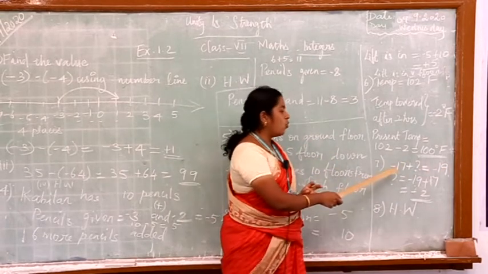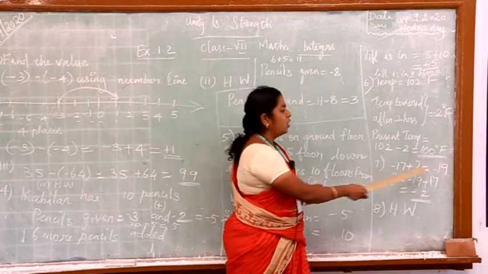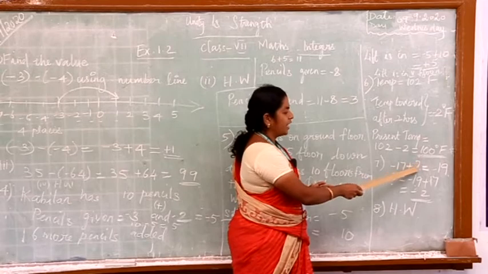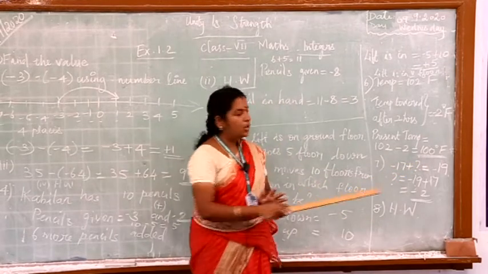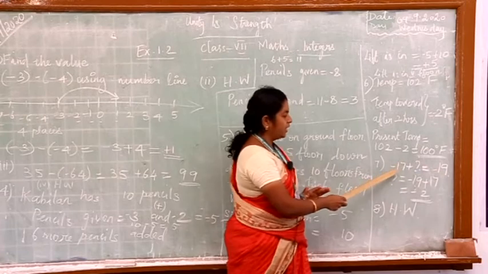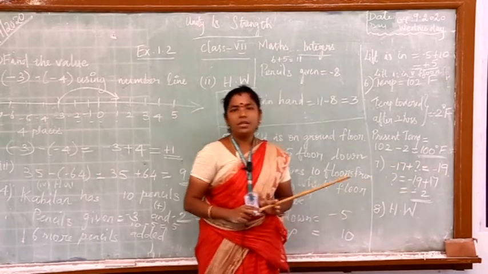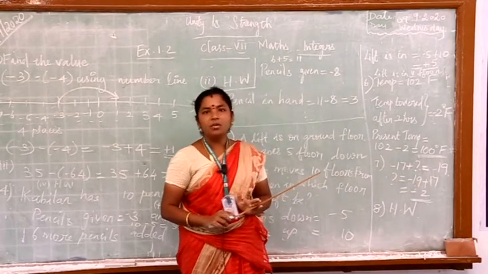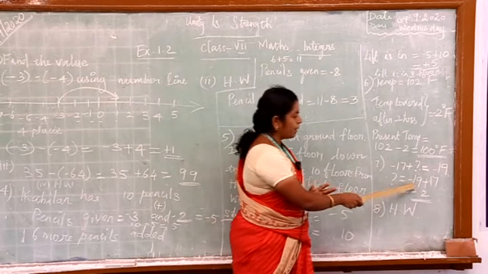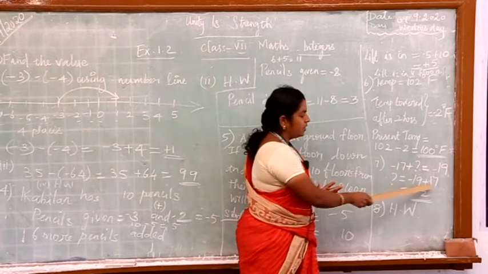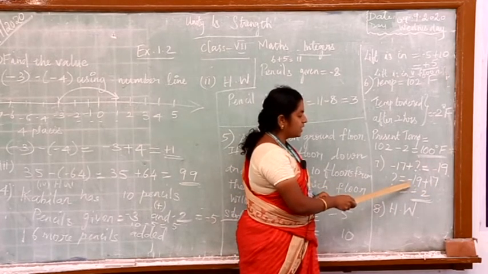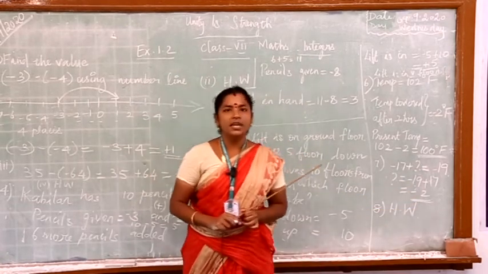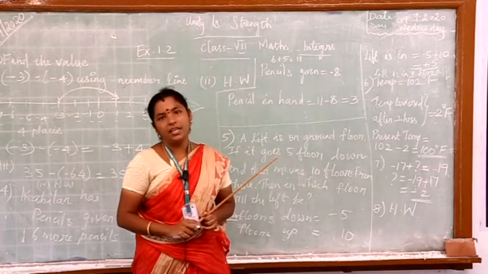So I repeat this, what number should be added to minus 17 to get minus 19? That is the question. So whatever number is to be added, we are taking as question mark because we are going to find that one. So plus question mark is equal to minus 19. Taking this minus 17 to the other side, it becomes plus 17. So now you can see opposite sign. Opposite sign, subtract and put the greater number's sign. Which is greater among this? 19. So the sign for this 19 is minus. So your answer is minus 2. So minus 2 should be added to minus 17 to get minus 19, that is the answer.